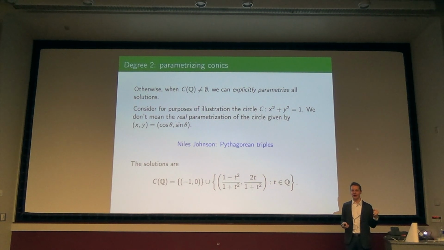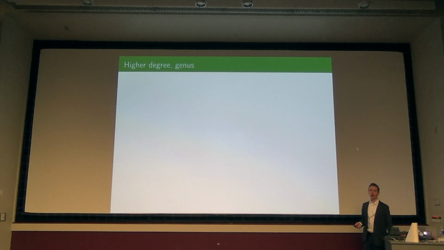Take stock of what we do. All right. Did I at least convince you degree 1 and degree 2 are well in hand? They're classical geometric ways of understanding what the rational solutions are, and I can tell you what all of them are, as long as I can detect that there's one in the first place. Okay, cool. Let's talk about higher degree then.